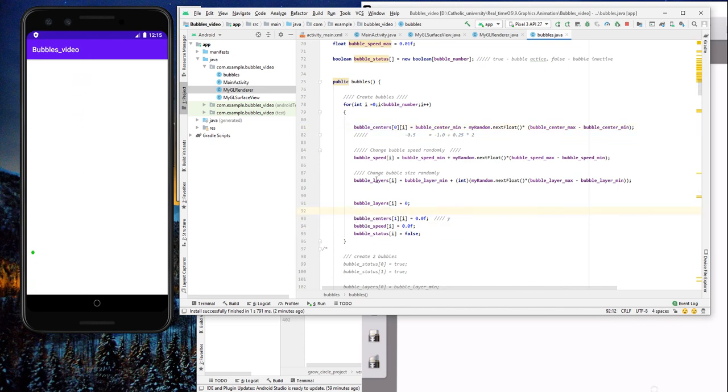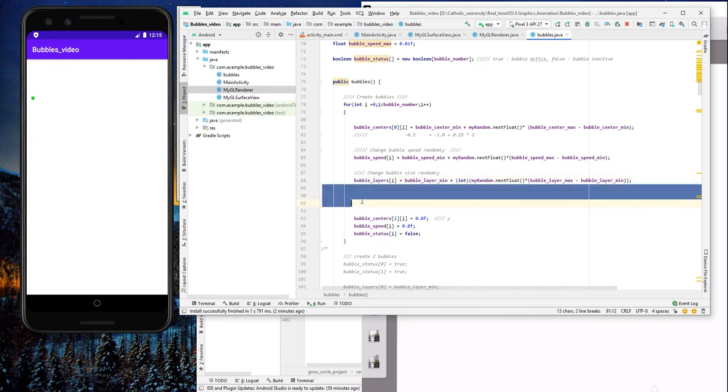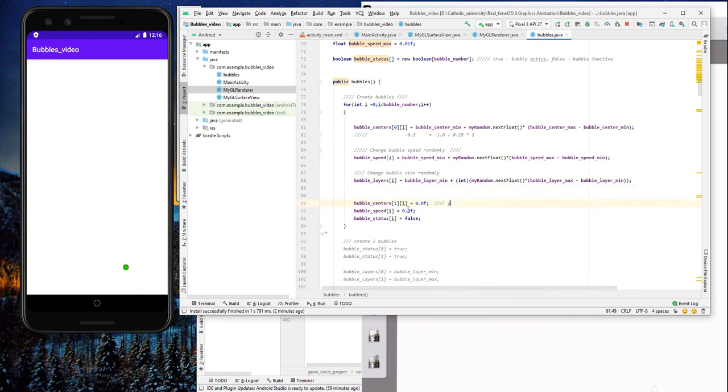The layers I already identified as random numbers, so that's why I will delete. So the Y component,